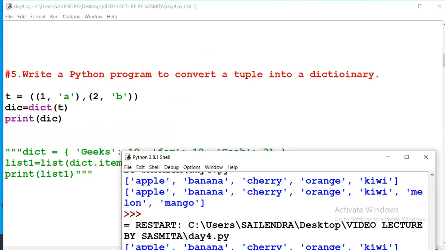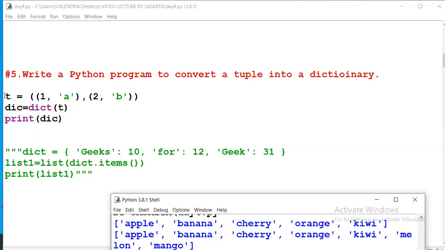So we have to give the values in the tuple in that format so that we can get a dictionary. Any variable we declare for the dictionary is equal to dict of the tuple variable. This is the syntax of tuple to dictionary conversion.